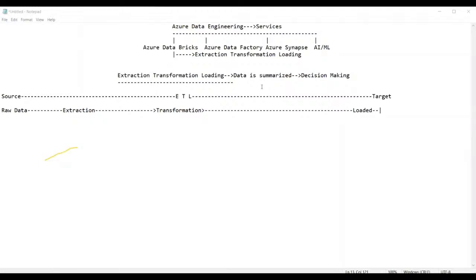So that means you have bought the raw vegetables. You have first of all been to the supermarket and picked up the vegetables. And once you have picked them up, you bring them home and cut and chop them. Once the chopping is done, you are changing the form of those vegetables from the raw form to what? Cooked form, as per our requirement. Ultimately, once the vegetables are cooked and ready, then finally you will eat. That is nothing but called as what? Loading.